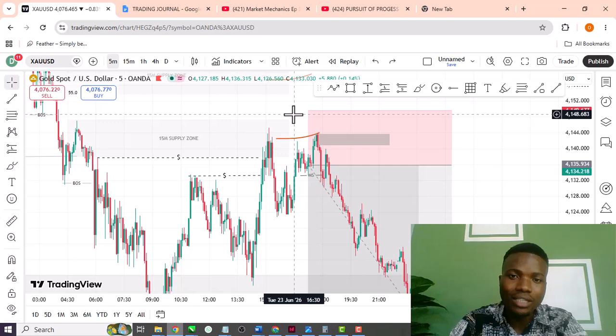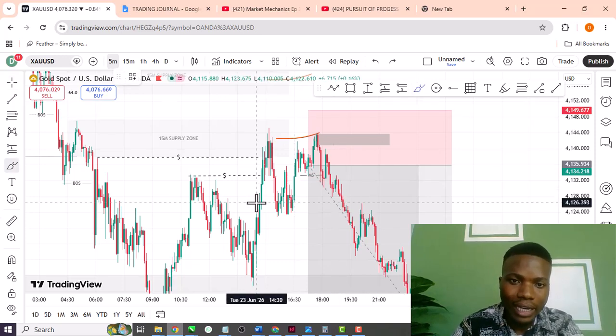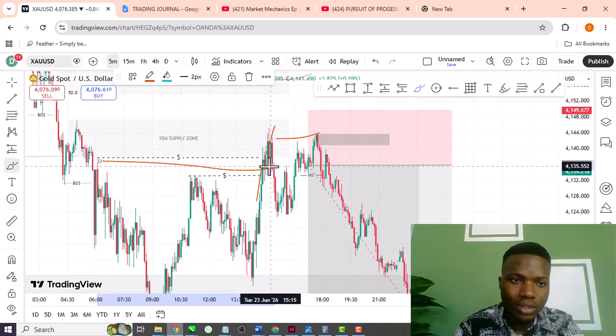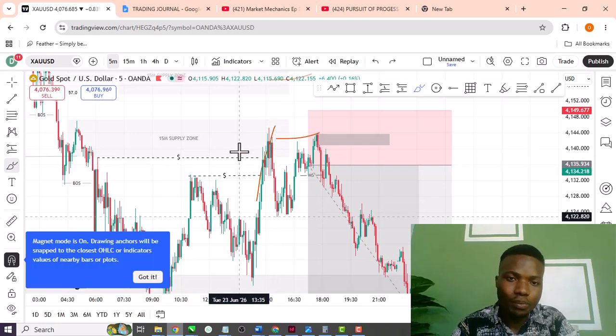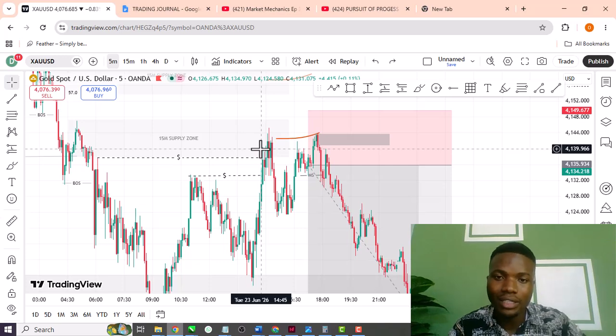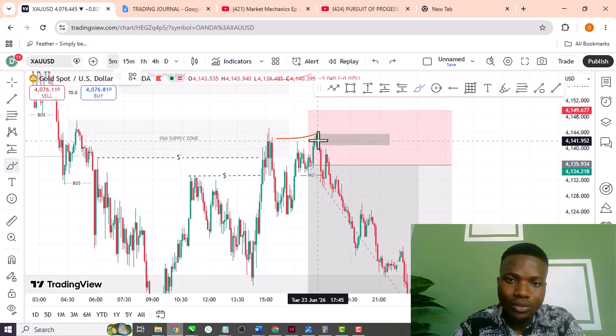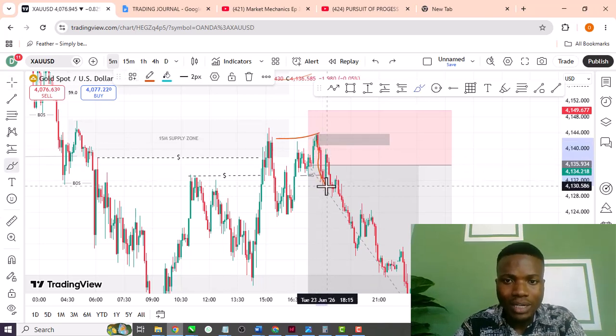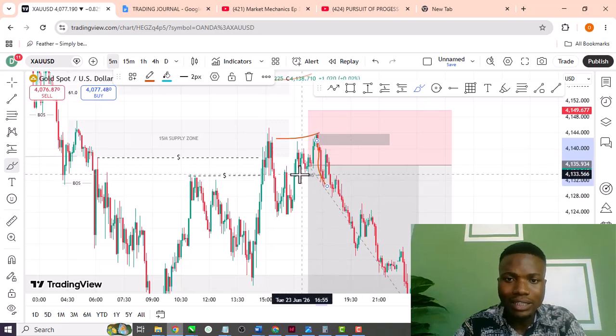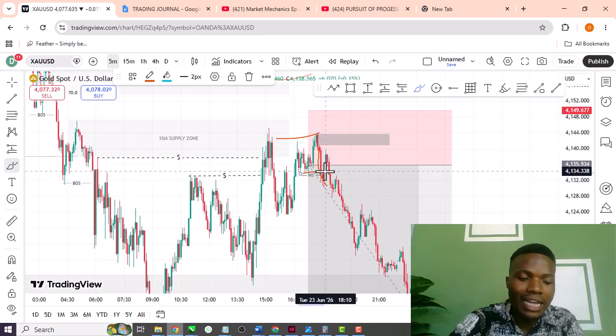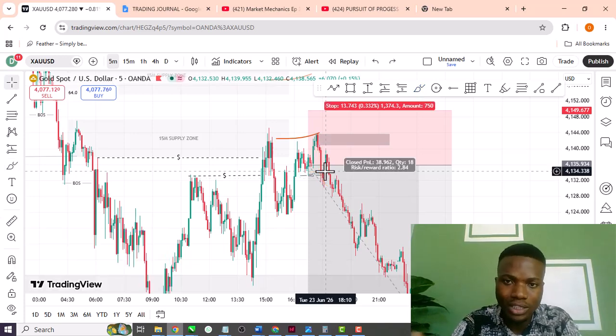Okay, it's normal that liquidity is going to be taken in the market, as you see how price swept all this liquidity here. Then after that, I am supposed to wait for my last confirmation that this is going to be a sell trade, but I didn't wait. So when I looked at my trading plan, I saw that I did not wait for my last confirmation. Then when I checked, I saw that price was already selling to the downside. So when I saw that price had already sold to the downside and had already broken this low, I knew that this is one thing that I missed initially before I entered this